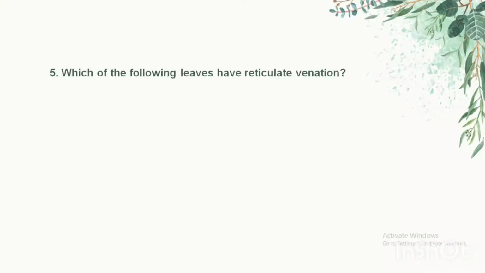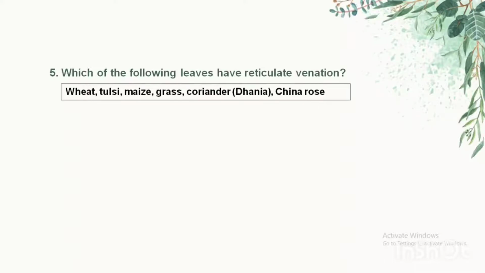नेक्स्ट वन इज विच ऑफ द फॉलोइंग लीव्स हैव रेटिकुलेट वेनेशन. कौन से लीव्स के रेटिकुलेट वेनेशन होगी. सो यू मस्ट हैव टू रिमेंबर द रिलेशनशिप बिटवीन द रेटिकुलेट वेनेशन एंड द रूट सिस्टम. सो एग्जांपल्स के अंदर देख लेना पड़ेगा कि गिवन है व्हीट, तुलसी, मेज, ग्रास, कोरिएंडर एंड चाइना रोज. अब गेहूं कैसे होता है, ऑलमोस्ट ग्रास जैसे दिखते हैं. ओके,